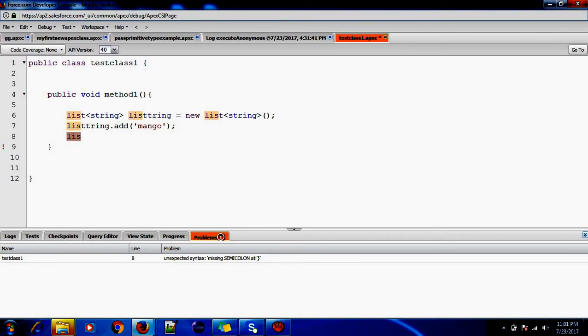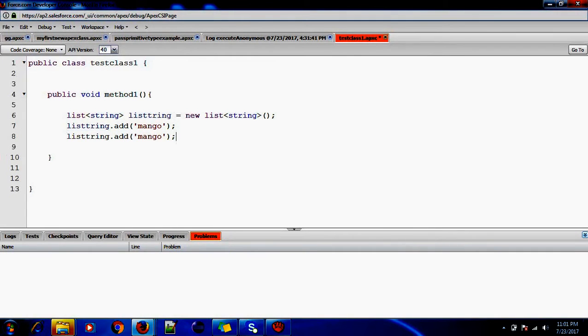By the way, mango is my favorite fruit, so I'll copy this list string dot add my other favorite fruit, apple. So I'm adding apple here, and next fruit, any suggestions? Okay, what should I add?